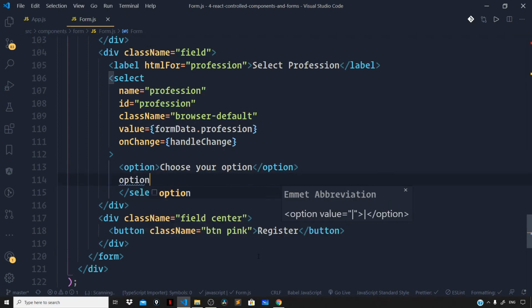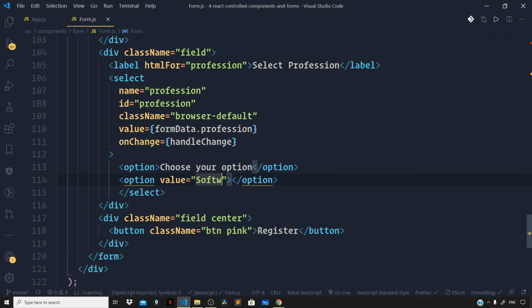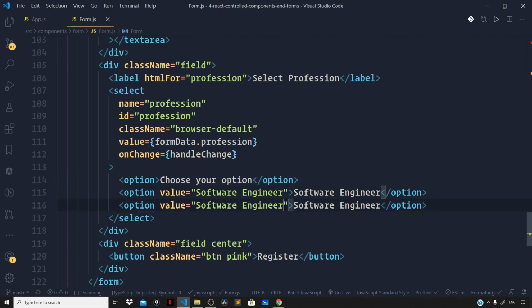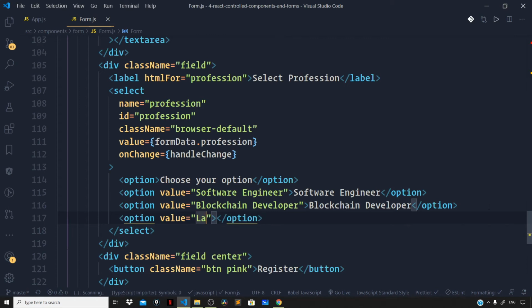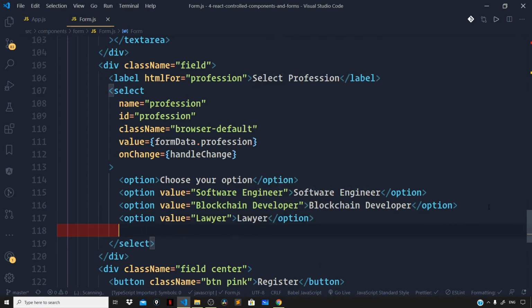Then let us add an option with the value of software engineer. Let us copy this and paste it down below and change this to blockchain developer. Let us add two more options. So option lawyer. Let us add one more. Option doctor. So now let us go right above to our handle form submission handler to add the validation for